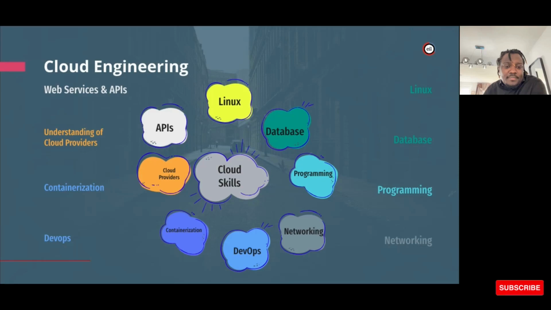Question: how can cloud engineering assist me in my cybersecurity career journey? I think, Wally, we would have to ask a further question on that. What do you define as your cybersecurity career journey? Because these terms mean different things to different people. I can tell you for sure, cloud engineering would assist you in that journey, but in what aspect and to what extent needs further conversation. So hold on to that question and bring it when we go into the next few weeks.